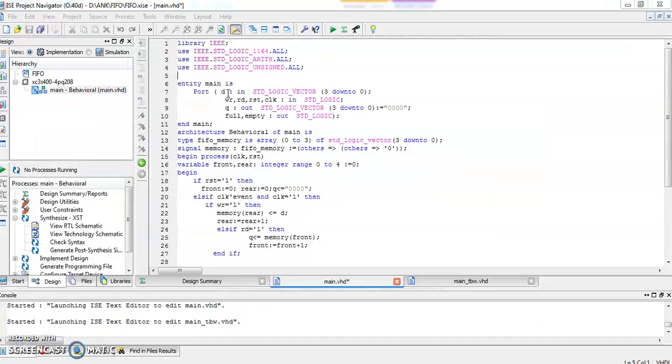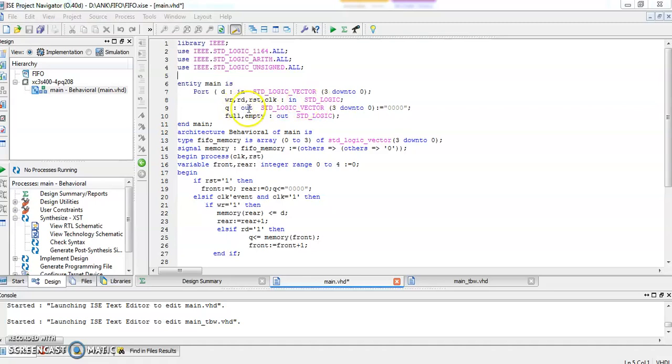Here D is the name of the pin, the mode of D is in, and then the size and type. The size is 4-bit and the type is standard logic vector. Why vector? Because we have a 4-bit pin. WR, RD, reset, clock are input pins, that's why the mode is in, and the type is standard logic.